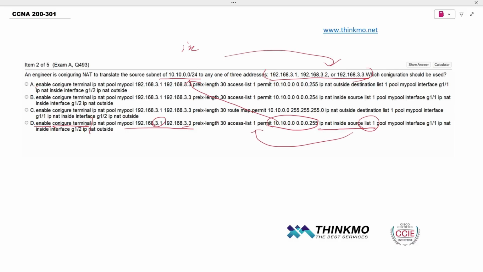This particular list 1 signifies that the access control list, or ACL, is specifically designed to match traffic originating from the 10.0.0.0/24 network. This implies that any and all traffic whose source address falls within the range of this specified subnet will be identified and matched by the ACL. Once such traffic is successfully matched, its original private internal address will then undergo a crucial transformation, being translated into